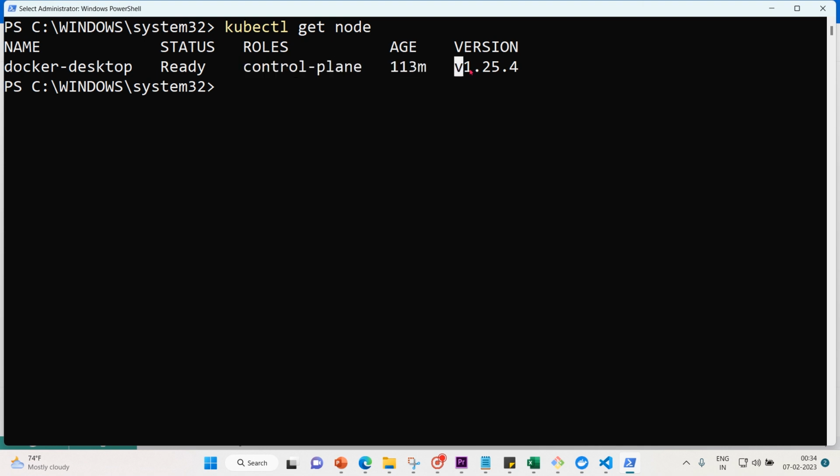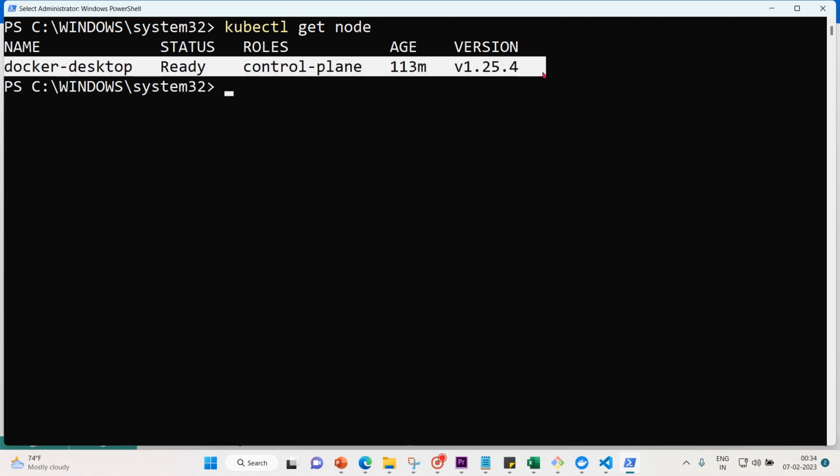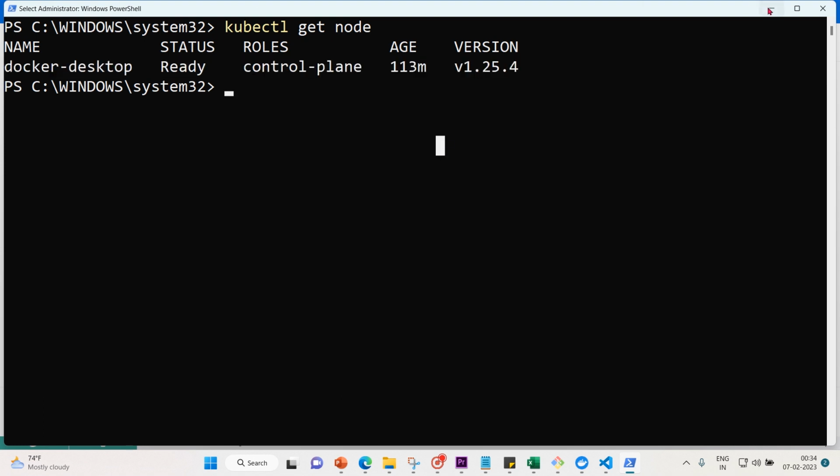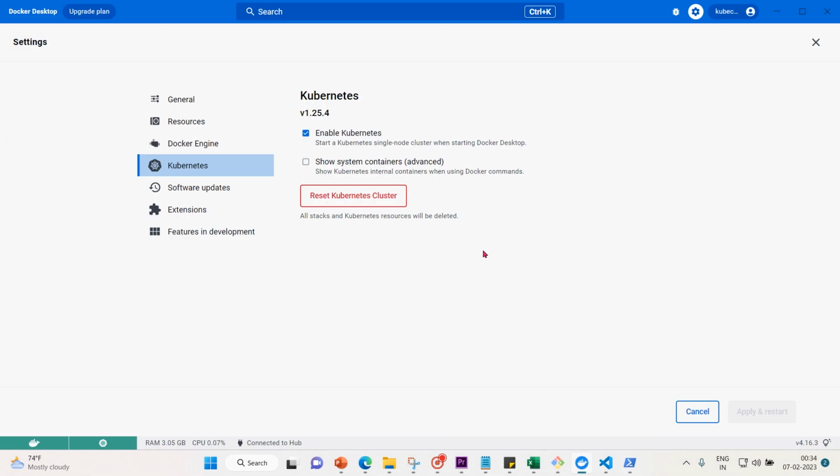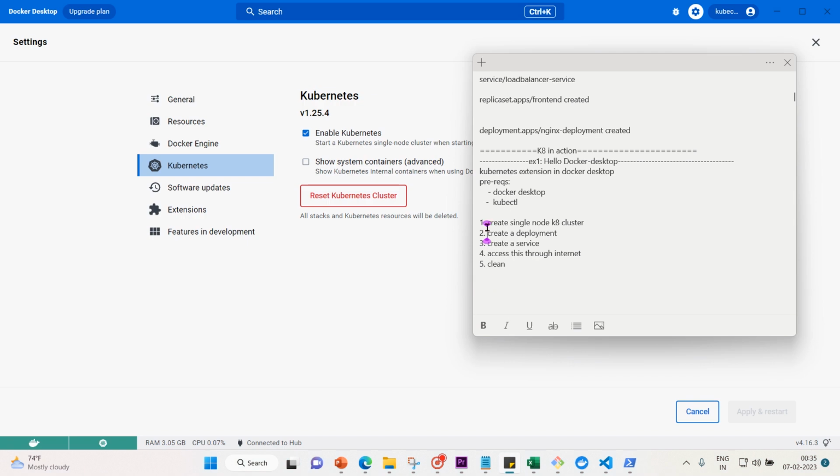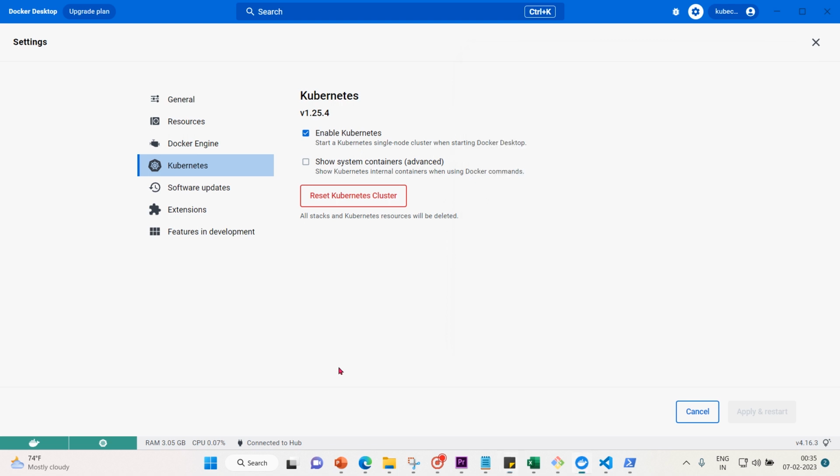The version is 1.25.4. So now let me check. We have our cluster up and running, so no issue at all. kubectl get node, so we have our cluster up and running. That means in the sticky note, the first part, creating a single node cluster, has been done. So now the second activity to be done is to